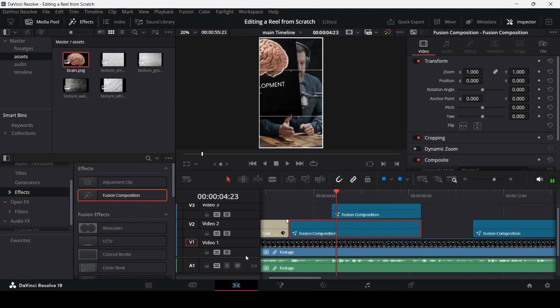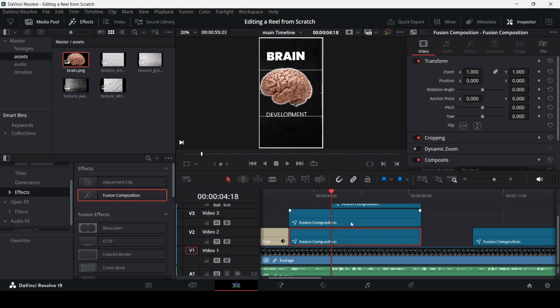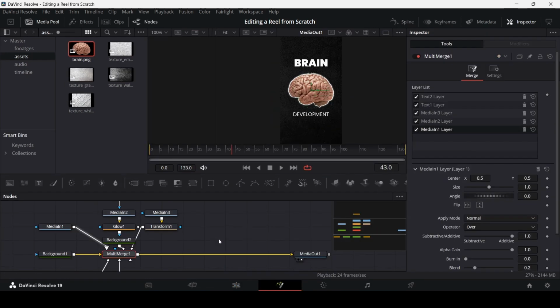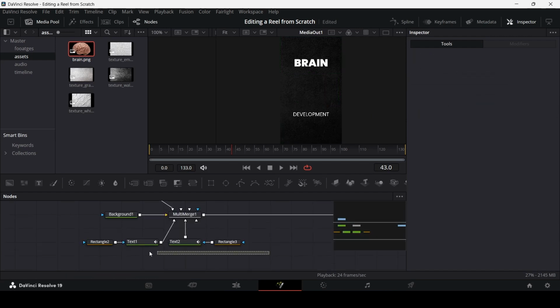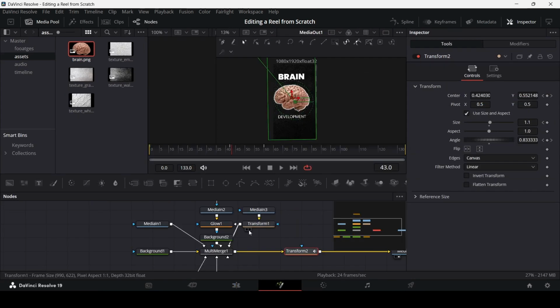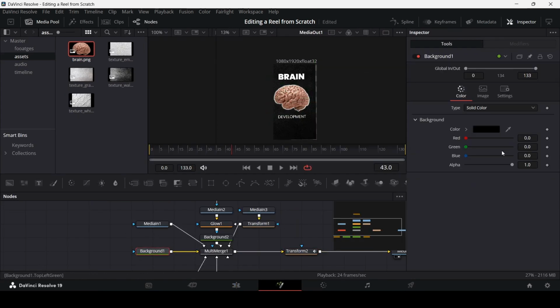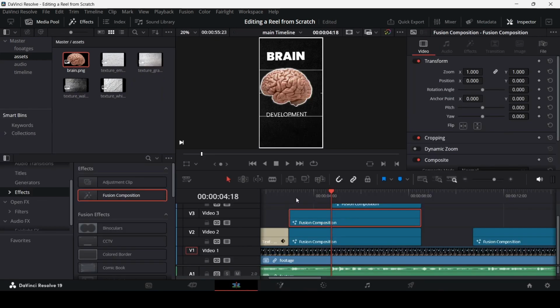What we can do is move both of these up, and let me just press Alt on the keyboard and create a copy. Go over to this one, open in Fusion page, remove this transform, remove everything else, just keep the background. Go over to this one, open in Fusion page. For this, go to background and change the alpha to 0 and then just remove this texture. And if you play this now,